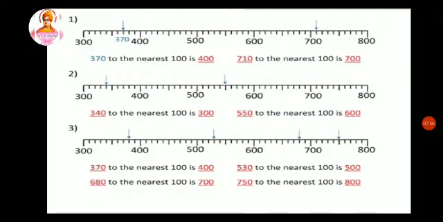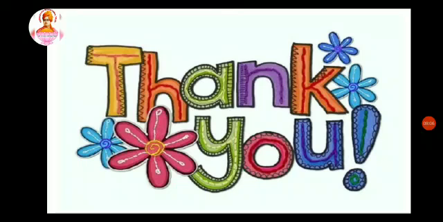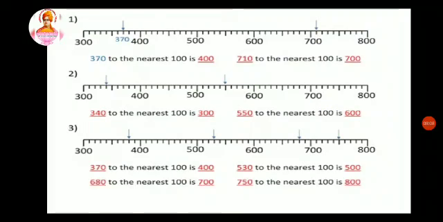If I want to round the number to the nearest 100, then I write the 100 multiples and do the same as I did for the tens place. Then if you want to round the number to the nearest 1000, in the same way, you can write the 1000 multiples on the number line and do the same as we did for 10 and 100.